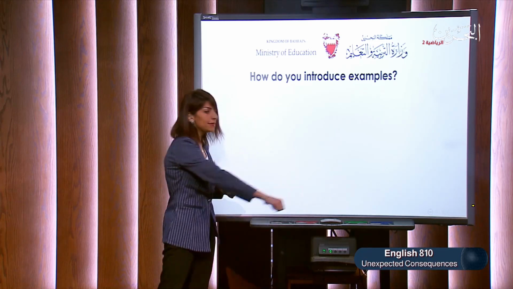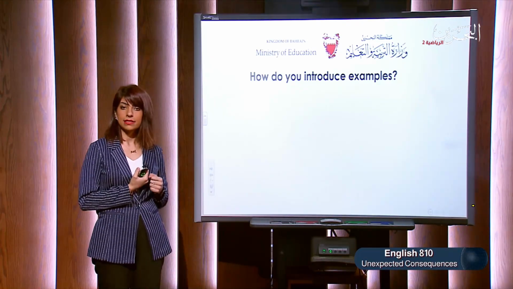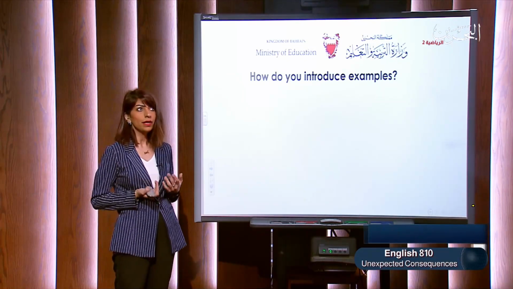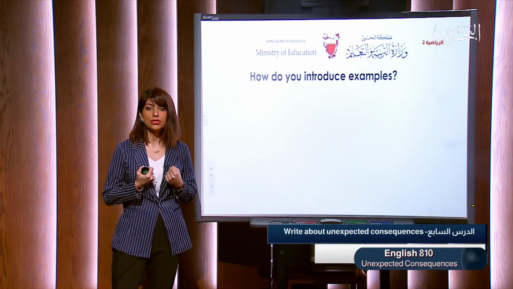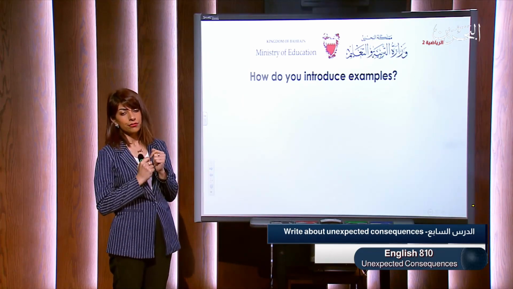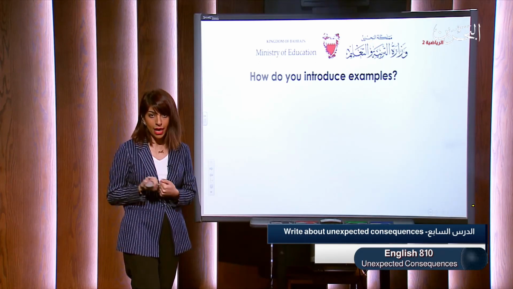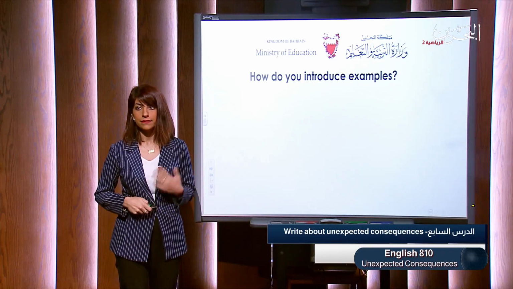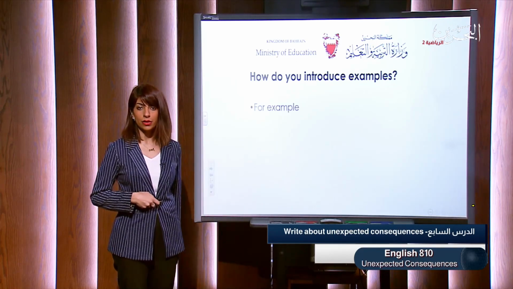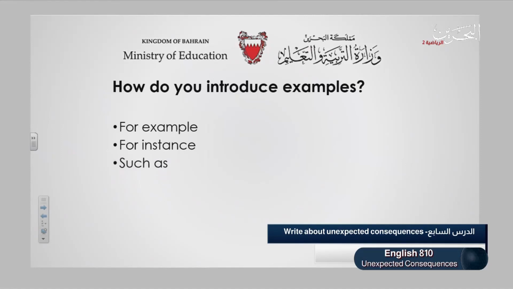Okay, now let me tell you about this. If you are going to list some positive and negative consequences about any topic, you will definitely need to provide examples. Why? Because you have to clarify what you are explaining or what you're writing to the audience. So, how do you introduce examples? This way. For example, for instance, such as, like,